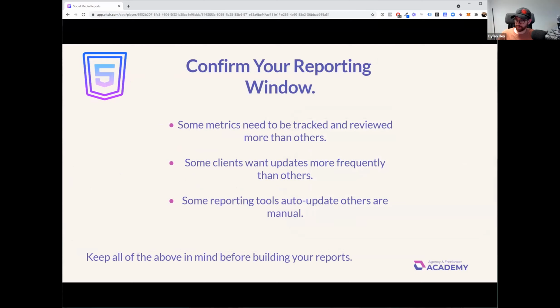And then step 5 is to confirm your reporting window. What I mean by this isn't just how often your reports update, but also how you're actually going to do your reporting with your clients. This is more a client communication thing, but what does that look like? You see these bullet points here. I don't need to read through these, but with our clients, the way that we structure reporting and communication in general, not to say this is the right way or there's a right way or a wrong way, this is just what we found works best for my team at HeyDigital and our clients, is